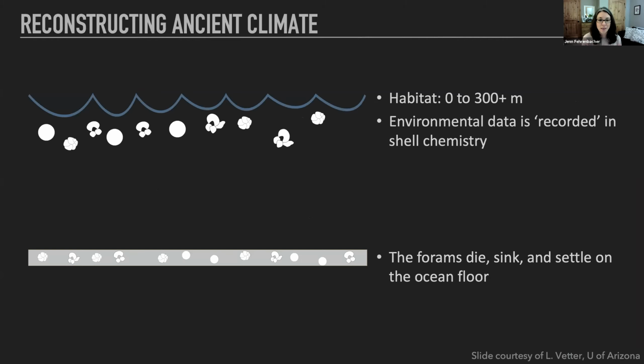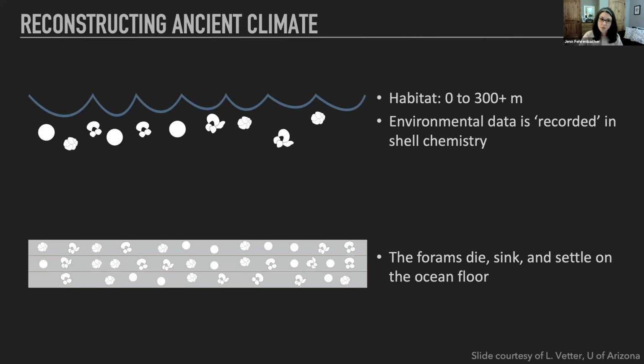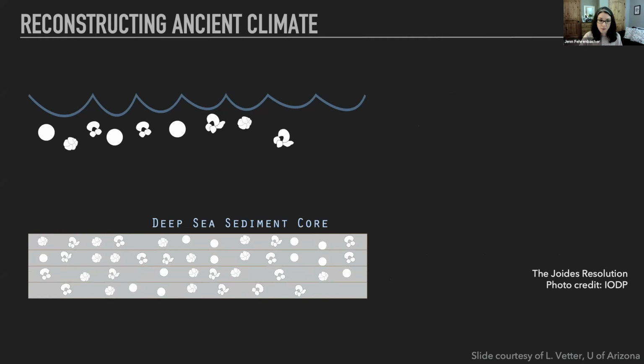The next couple of slides were lent to me by a research scientist at the University of Arizona. This is a schematic of forams living in the ocean, highly schematic. They live at the surface of the ocean, they grow, environmental data is recorded into the chemistry of their shells, and then they die and they sink and they settle on the ocean floor. And they do this over tens of thousands of years, thousands to hundreds of thousands of years, and even millions of years. They settle on the ocean floor, and then